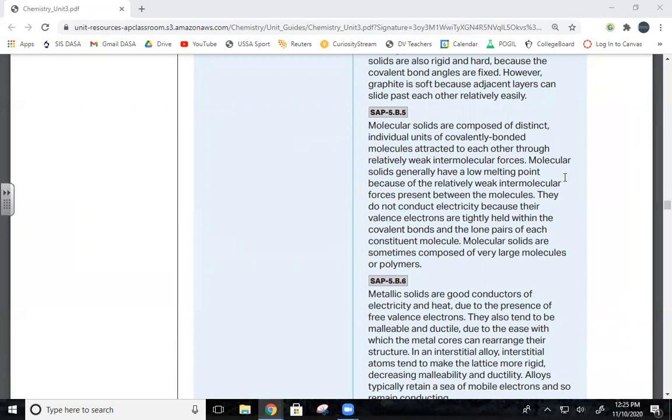Or liquid nitrogen or solid nitrogen. These solids have really, really low boiling points. Okay? Because they are attracted to each other through weak intermolecular forces. So they have low boiling points. A molecular solid like nitrogen, nitrogens are covalently bonded together, right? Or for instance, molecular oxygen. So when we talk about molecular oxygen, when we talk about molecular solids, it's the same deal.